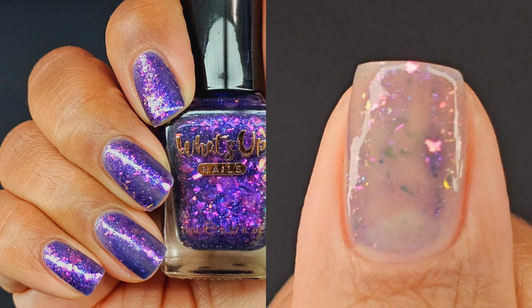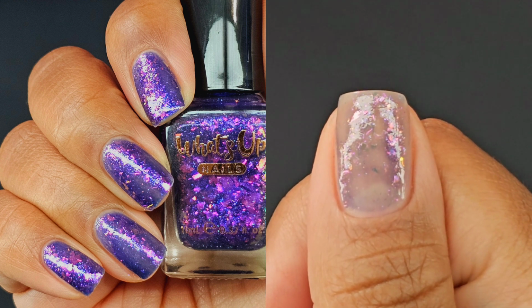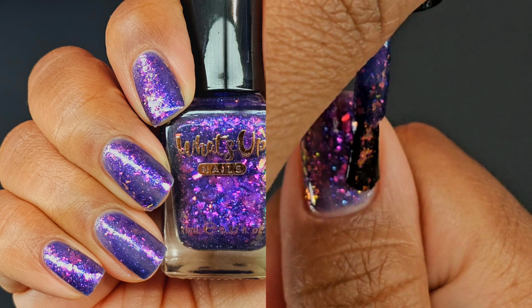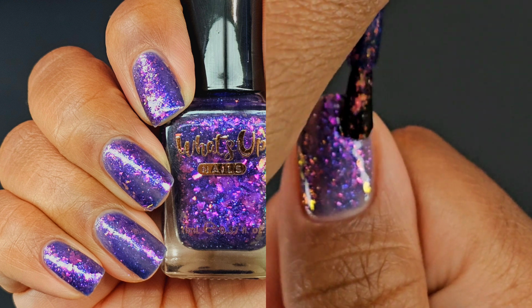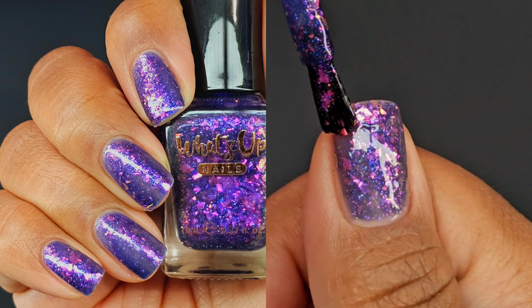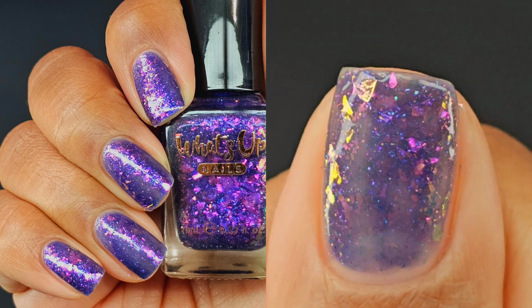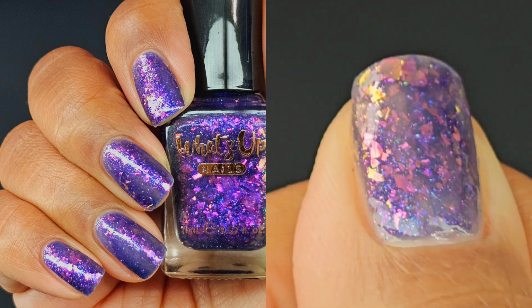Small blue flash reflective glitter is included as well. As you can tell, that first coat was kind of sheer, so I went ahead and did 3 coats for full opacity on this one. I know that sounds like it might be too much, but I really wanted to make sure I got the full effect, especially with these gorgeous huge hunks of flaky that seem to just really float in this jelly-like